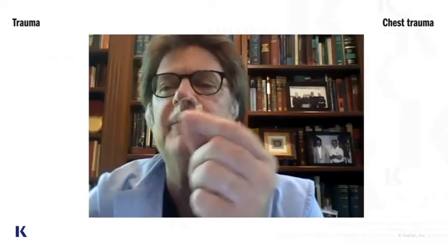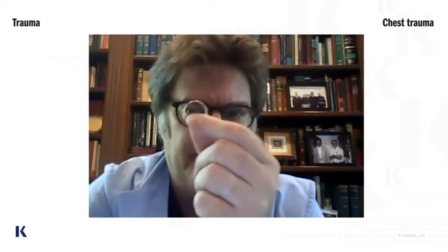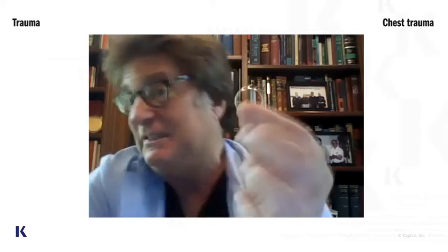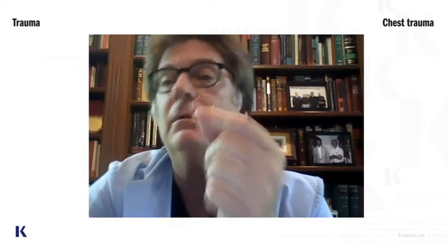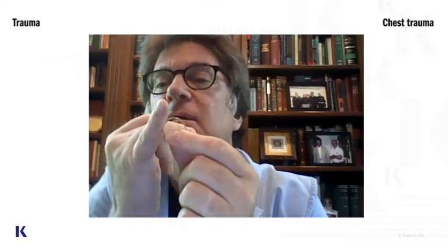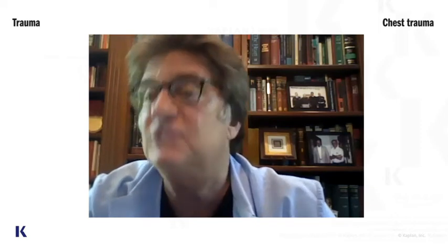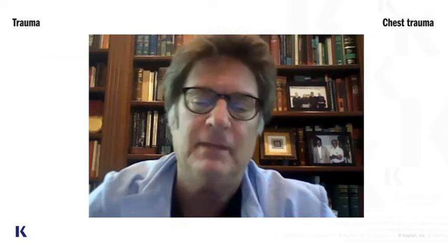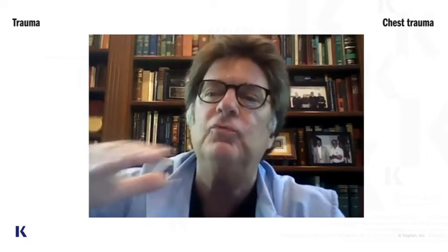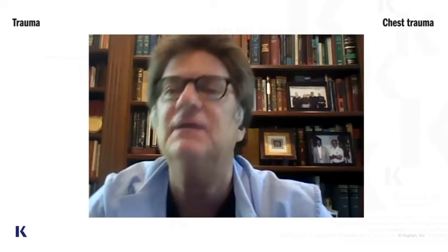All right, take a look at my wedding band, okay? If I make one cut in my wedding band, is my ring generally stable or unstable? It's stable. It's got a cut in it, but it's stable. If I make 2 cuts in my wedding band, is my wedding band stable or unstable? It's unstable, meaning a flail chest not only requires multiple rib fractures, but multiple fractures within each